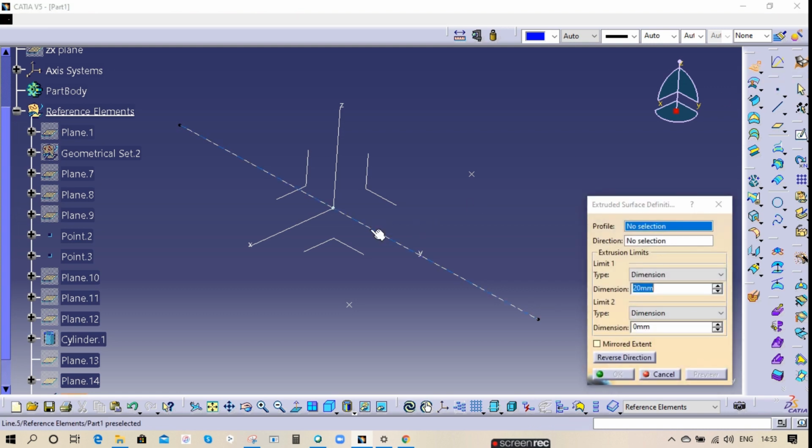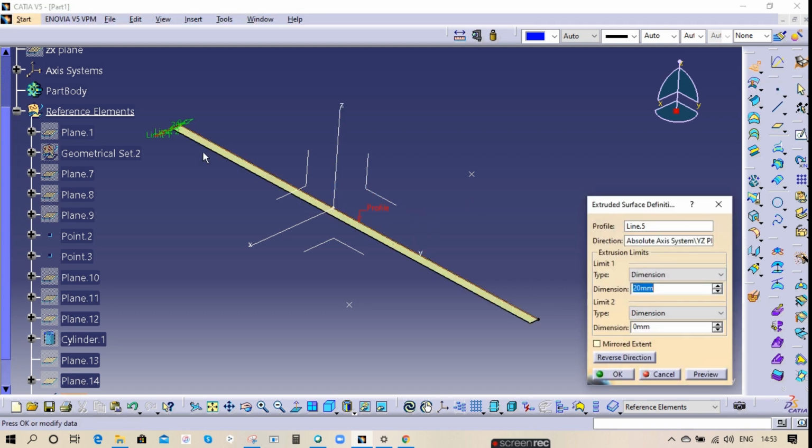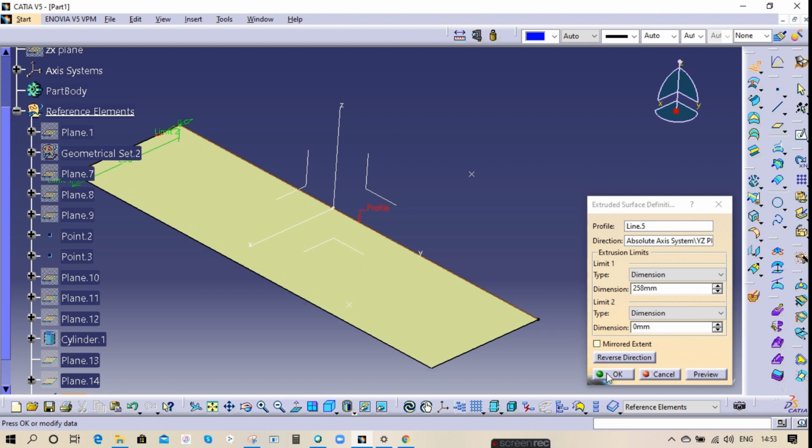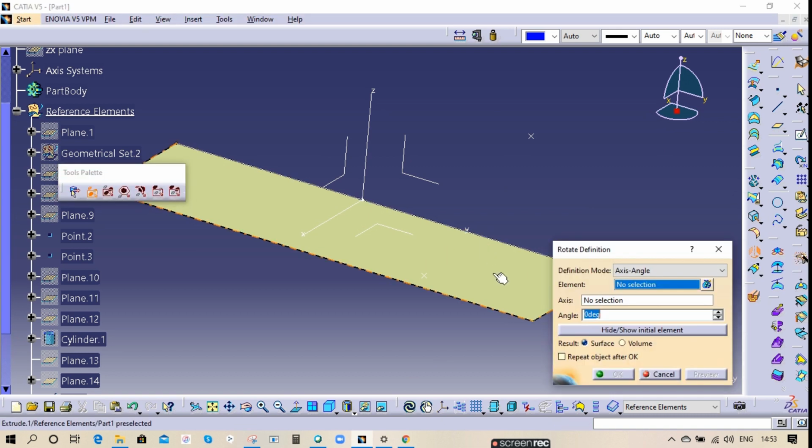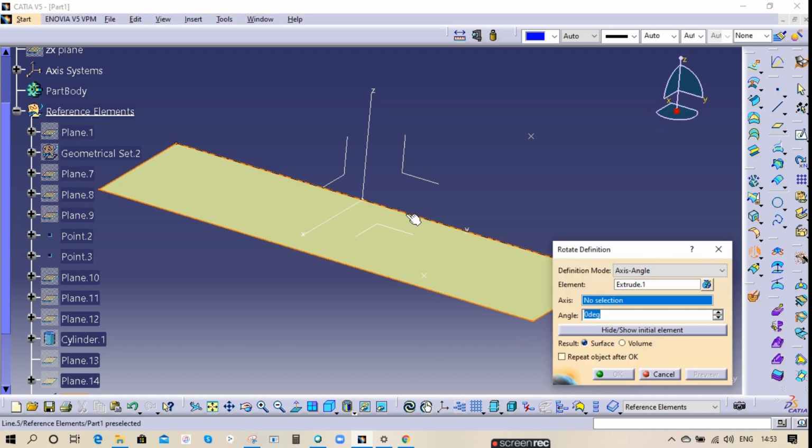One is normal, so one is this surface, and the other one, I'm going to rotate this. I want to show you how this will act.